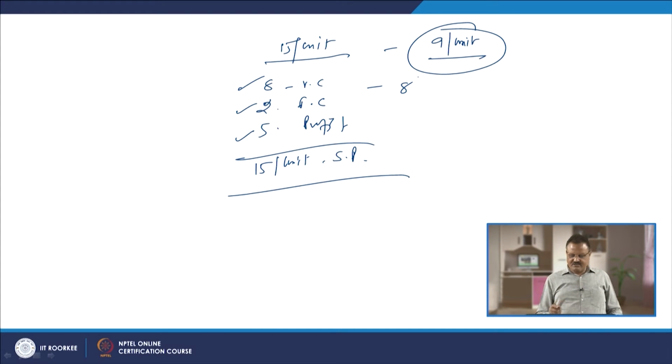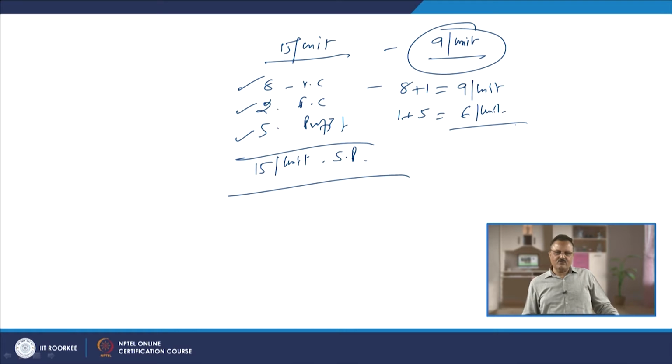Out of the 2 rupees of fixed cost, how much are we able to recover? 1 rupee. So it means we are also able to bring it down to 9 rupees per unit. What are we not able to recover now? 1 rupee of the fixed cost and 5 rupees of profit, that is the 6 rupees per unit, right. So, rather than going out of the market, if you feel that this pricing is short-lived, it's only a gimmick used by the new player to shunt the existing players out of the market,